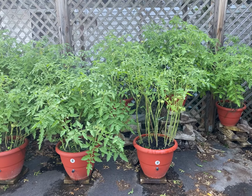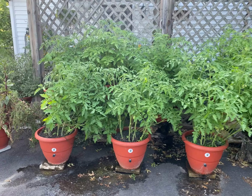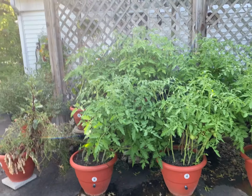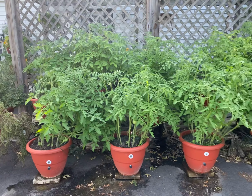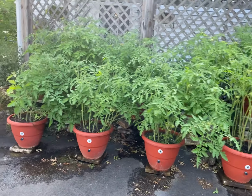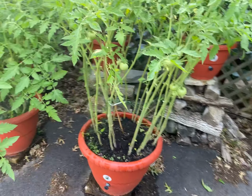These are self-growing planters. They grow your food for you without you having to be there, and that's what they've been doing with these tomatoes. We're growing about 150 tomato plants in these planters. I want to focus on this one planter right here and give you strategies on how to